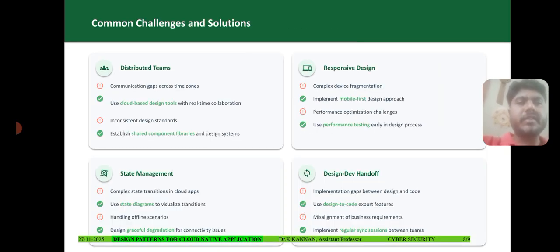Common challenges and solutions. For distributed teams, there are communication gaps across time zones, so use cloud-based design tools with real-time collaboration, and enforce design standards by establishing shared common libraries and a design system. Responsive design faces complex device fragmentation, so implement a mobile-first design approach. For performance optimization challenges, use performance testing early in the design process. State management involves complex state transitions in cloud applications, so use state diagrams to visualize transitions, handle offline scenarios, and design graceful degradation for